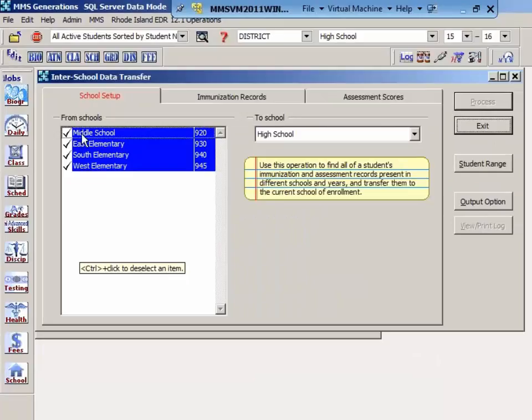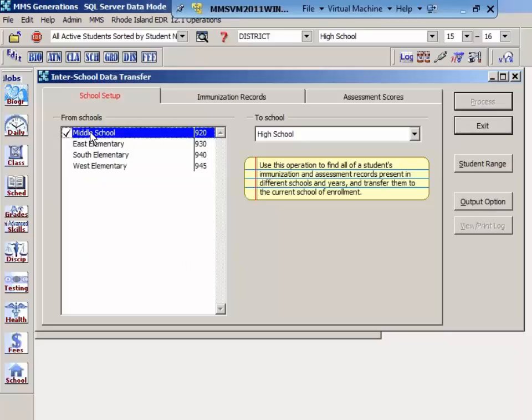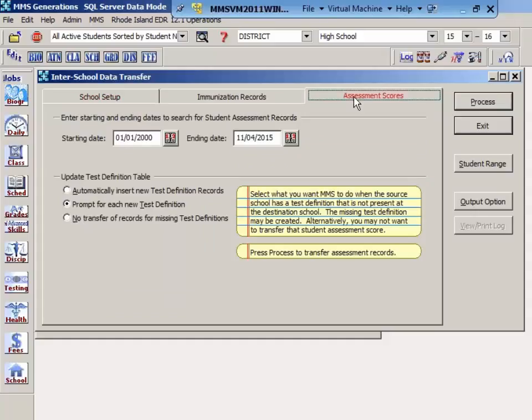So in this example, where I am in my high school database right now, we would be transferring from the middle school to the high school. We would set our student range just like when you're moving your students over when they're transferring into your new school year. This operation runs for immunization records, but we're going to be focusing on the assessment scores. So you can set a date range as to when you want to pull those records. So for your middle school students, it would be from